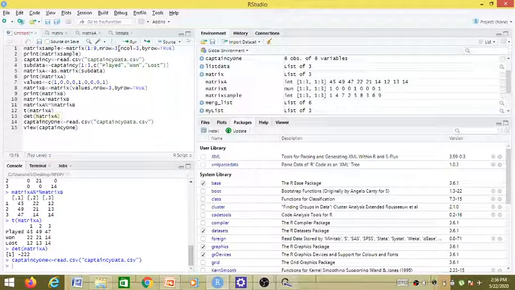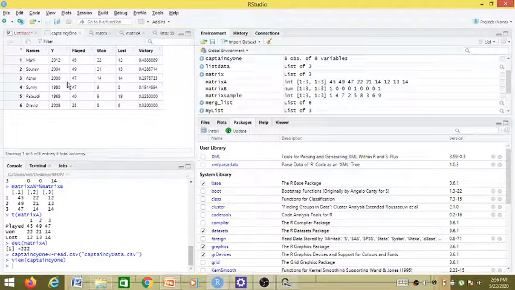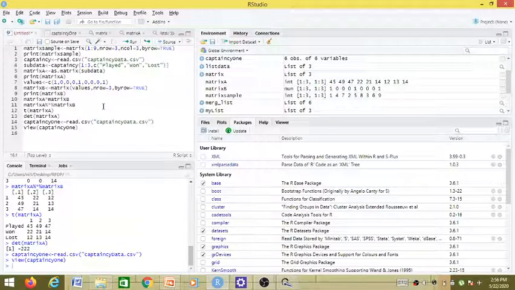Captaincy1. So if I run this, this is my captaincy1 data frame. It is exactly similar to the captaincy data frame because it has been extracted from the same CSV file, and we will be using it for merging purposes.